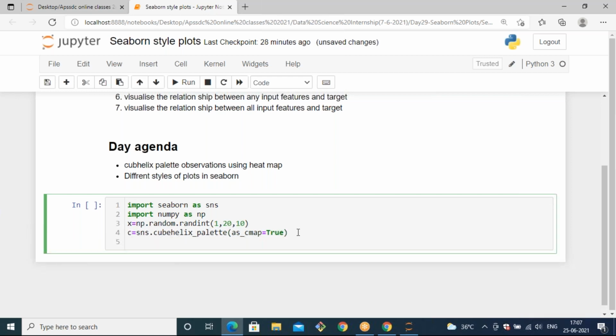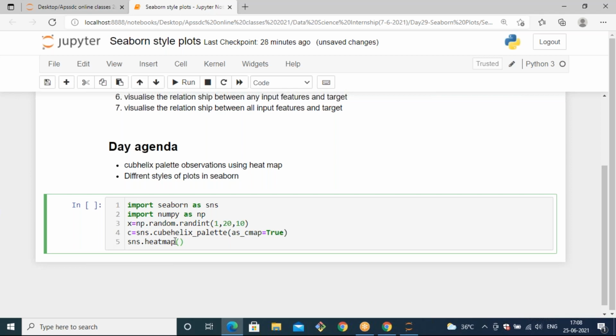Now we are going to generate a heat map to observe these colors with respect to the values of X. For that, you can directly call sns.heatmap. It takes a set of parameters, starting with the data.